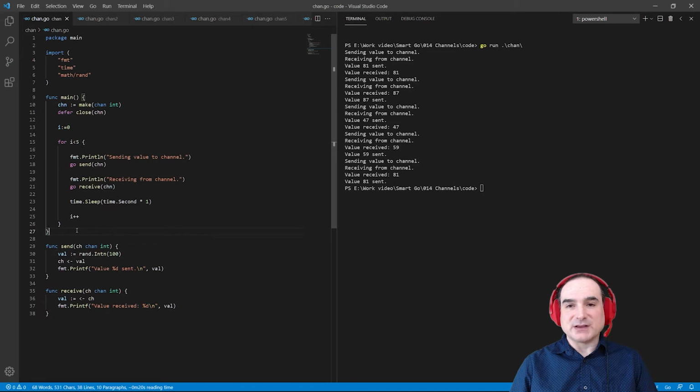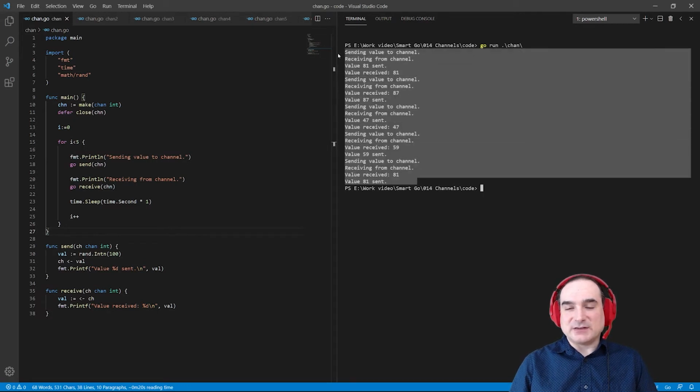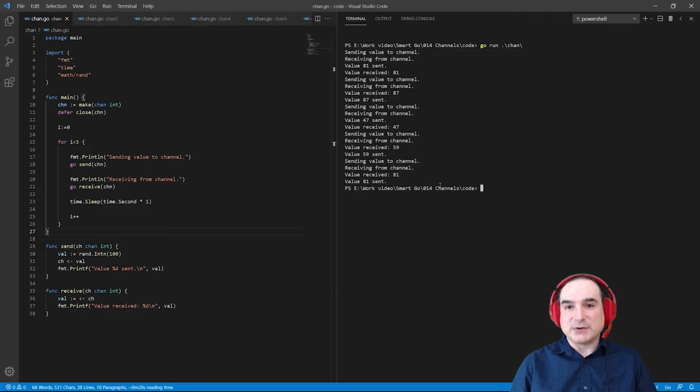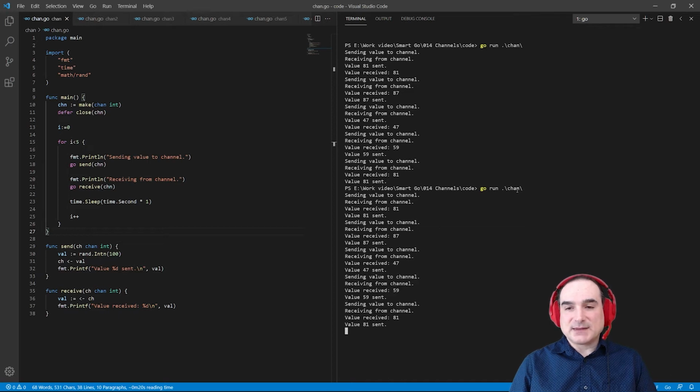If we run our example, you can see 5 send and 5 receive operations taking place, each one separated by a short, artificially imposed delay. That's just to make sure all the Go routines run to completion before going on to the next loop. But as you can see, each of the 5 values gets stored in the channel in one Go routine, and then all 5 get read back in another.